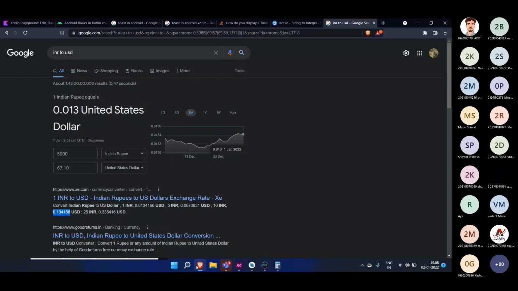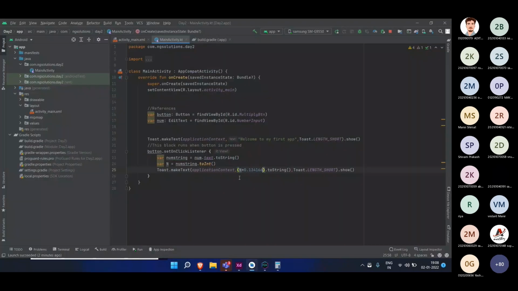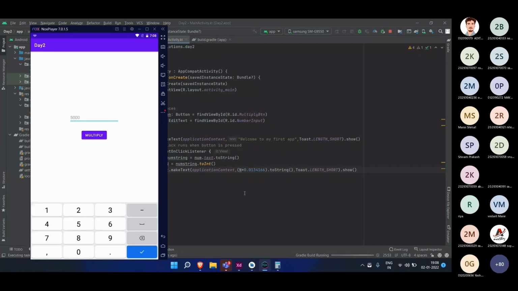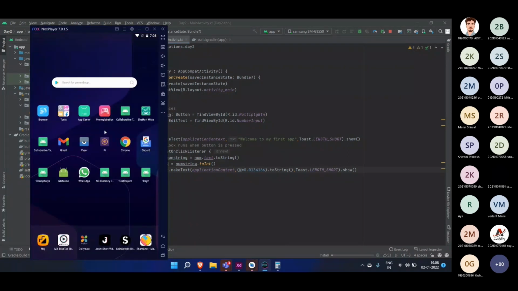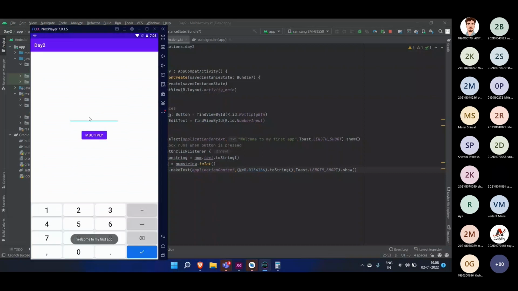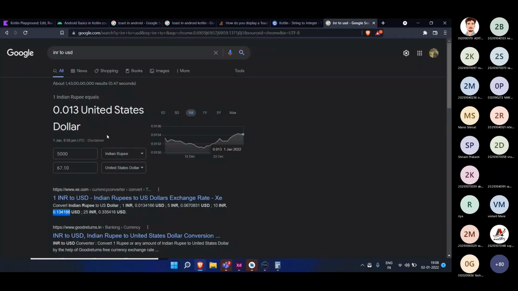So 10 INR is this much, so we need to give one more zero, 0.0134166. If I restart the app, let us see if the answer is close enough. 5,000 and multiply. Now it is saying 67.083, and yeah, 67.10, which is close enough.